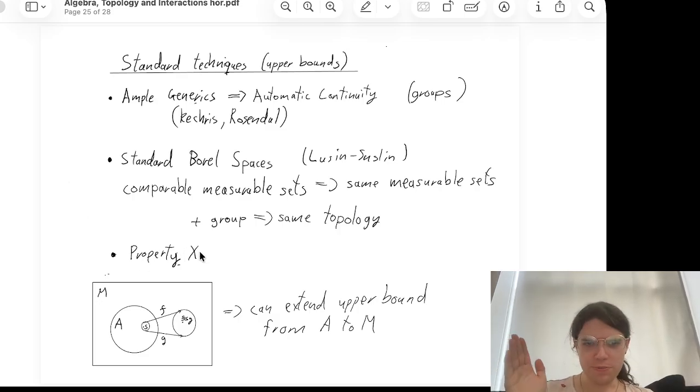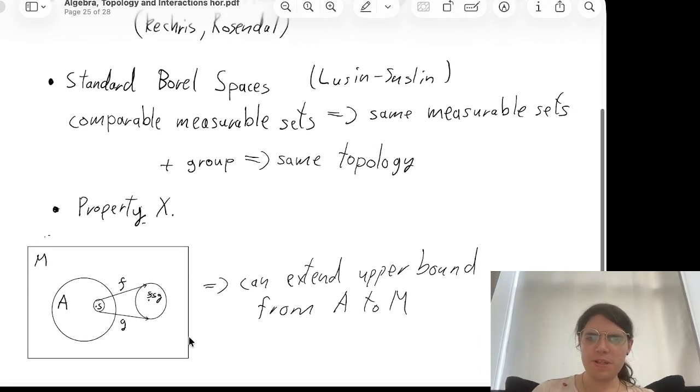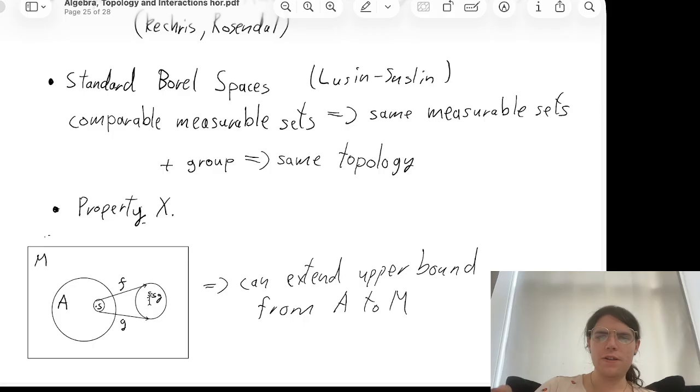So the standard trick, called property X, is quite technical, so I'm not going to go into huge detail. But imagine M is my monoid that I care about, and A is a big subgroup of it. It doesn't have to be a group, but in practice it will usually be a group. So A is a subset of the monoid which I understand well. If I have this technical condition which says that for every point here, I can find an S inside A and two things F and G, which sort of catapult S to this point and map a neighborhood of it onto a neighborhood of this other point, this is called property X.